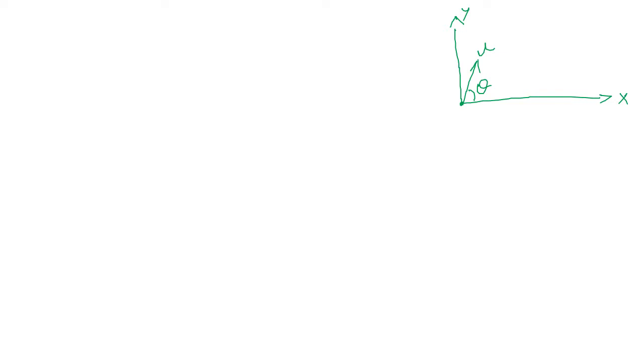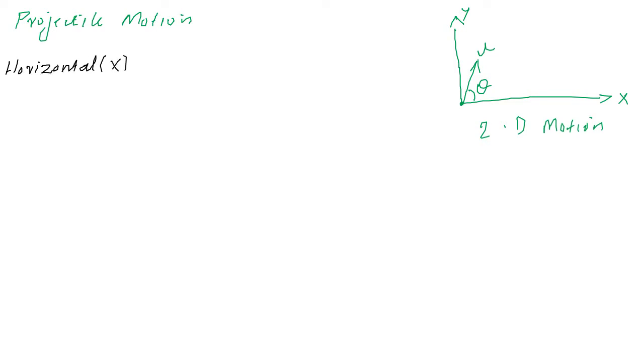So definitely the body is in a two-dimensional plane. The body moves in a two-dimensional plane. So this is a typical example of 2D motion, two-dimensional motion. So we can split this two-dimensional motion, so what we are dealing with is projectile motion. You can resolve this into two motions, namely horizontal motion, which we can call X motion, and another one is vertical or Y motion.